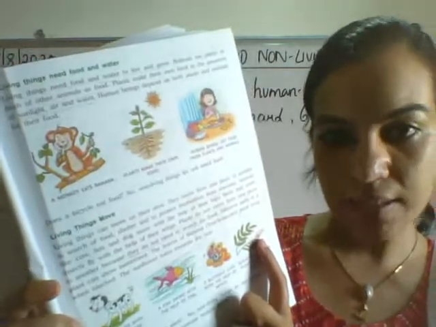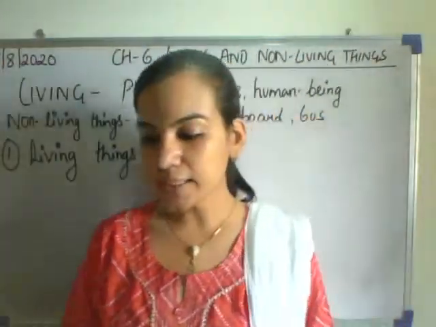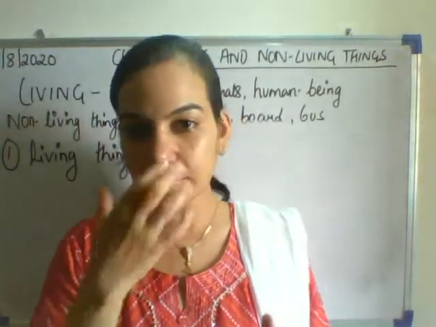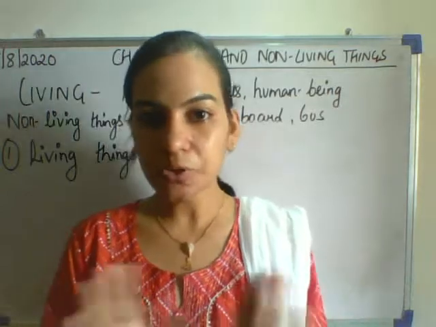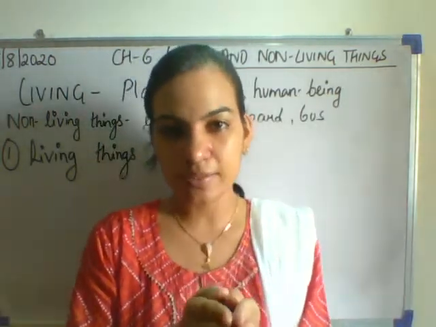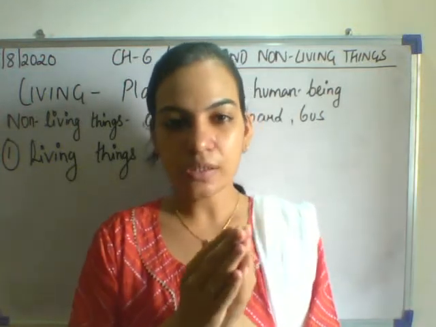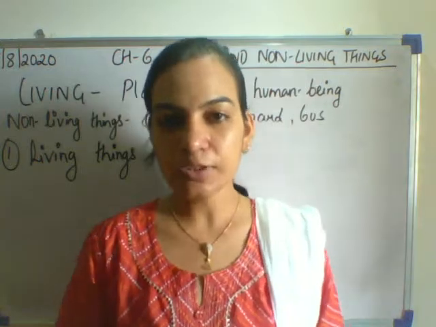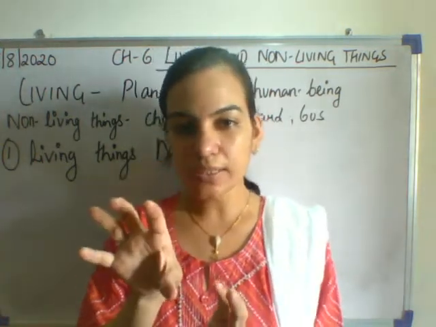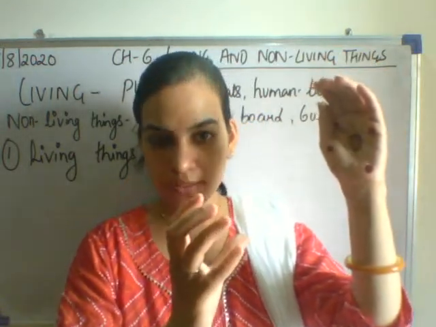This is the plant. The plant does not move. But there are some plants like the touch me not plant. From the name itself, touch me not, it means don't touch the plant. If you touch the plant, what will happen? The leaves will get folded. So this plant shows the movement of its leaves. If you see the sunflower plant, the flower turns toward the sun. Suppose the sun is facing this side, so the flower will also turn to this side.